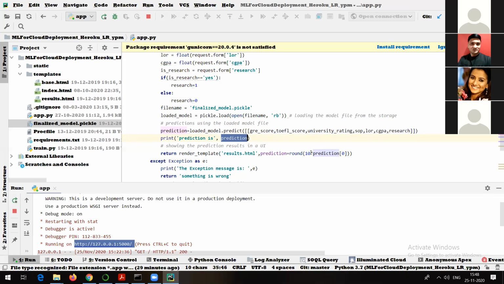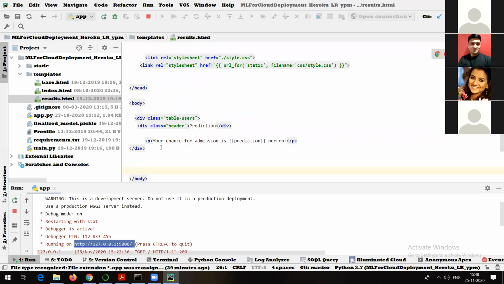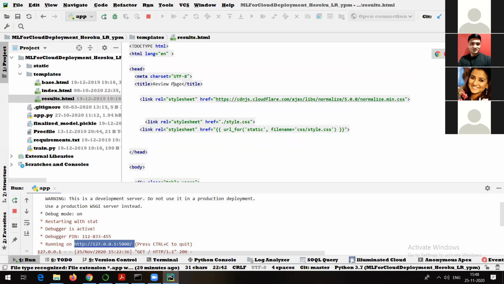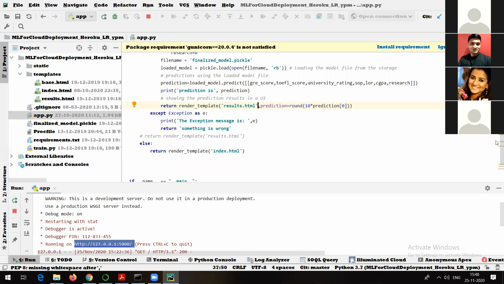And as I told you, I am multiplying this particular result by 10. That's why it was 0.4. Actually, it was 40%, so I should multiply it by 100. Right? What is this? It is returning render_template results.html. What is result.html? This is the HTML code, right? If I double click on this, you will be able to see your chance for prediction is simple HTML code, right? So the result page. I will again go to app. Once you get the result, it will be displayed or rendered onto result.html.